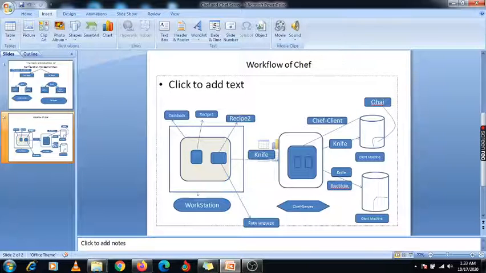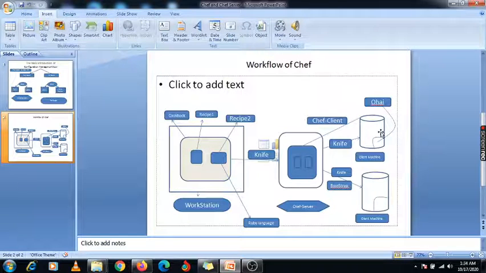This is nothing but your agent, okay? This Chef client works like an agent. The communication is established between this Chef server and your client machine by using this Chef client, right? And we also need to connect it using this knife tool, the same tool we are using under your node server.